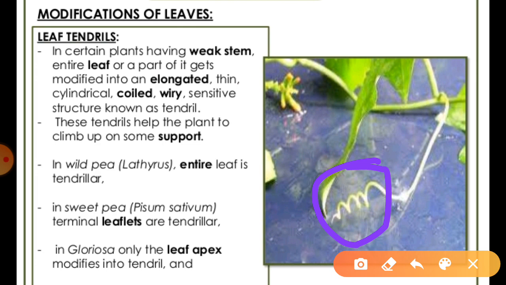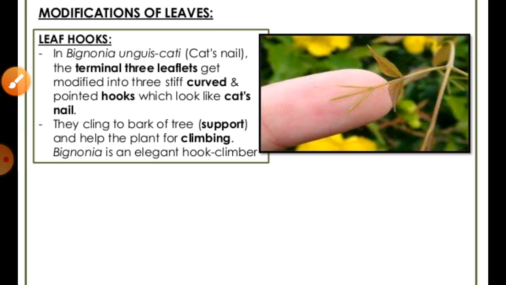इसके अलावा अगर हम बात करेंगे कुछ स्पेशली मॉडिफाइड प्लांट लाइक ग्लोरोसा, तो उसमें क्या होता है, लीफ एपेक्स को, लीफ का एपिकल पार्ट जो होता है, it can be modified into the tendril structure. So this way they can show such types of structures that they can be easily modified over there, right. And we can say that some leaves can be converted into the hooks like structure as you seen in the diagram, right.